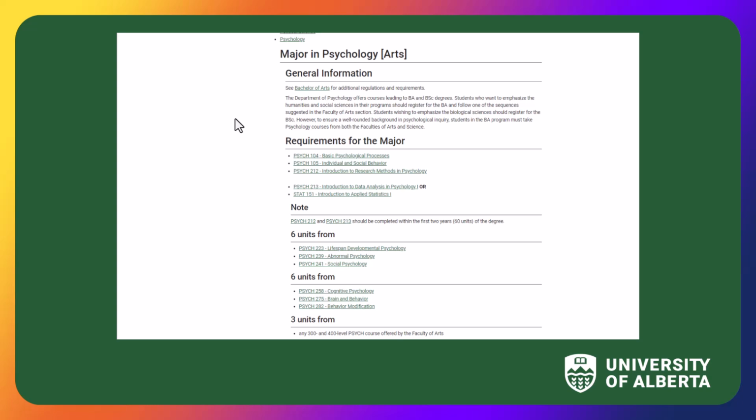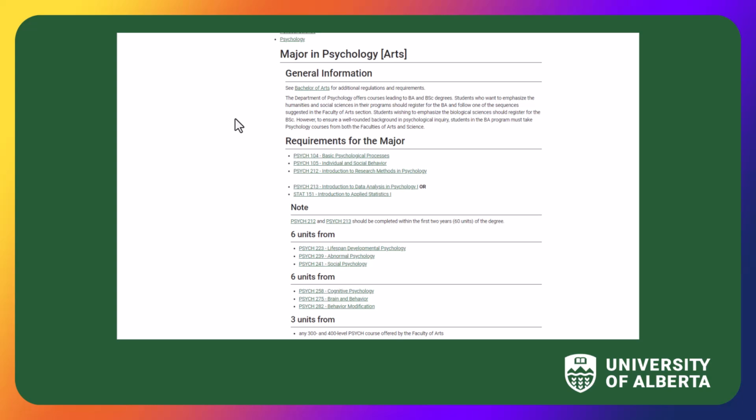So as I said previously, I chose psychology. If we look at this, it's got the requirements for the major, and you can see here a list of courses. So you've got Psych 104, Psych 105, Psych 212, Psych 213, or Stats 151, and so on and so forth. So ultimately, this is a great reference point for you to utilize to see what courses you should be